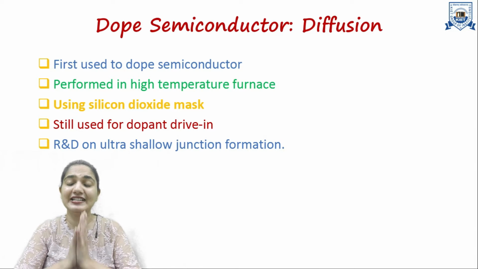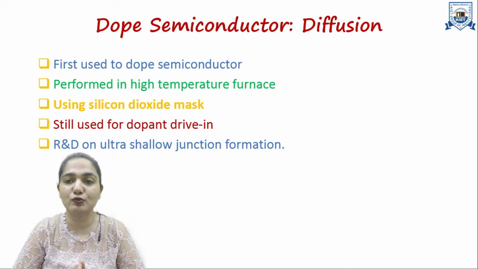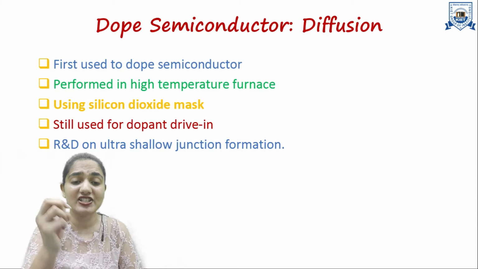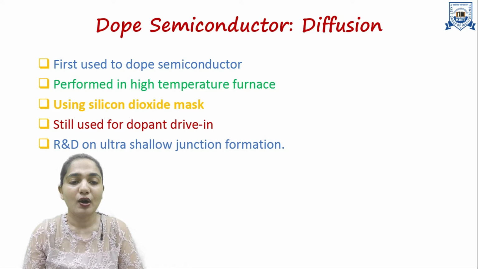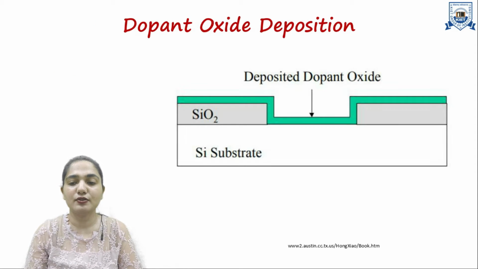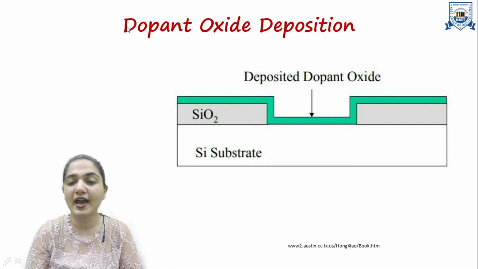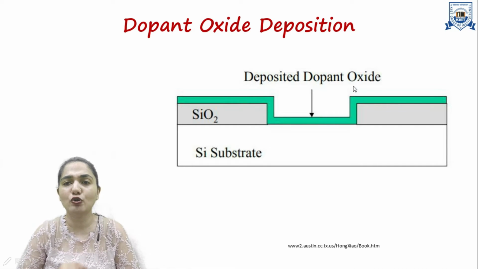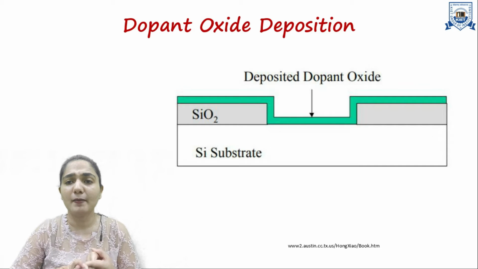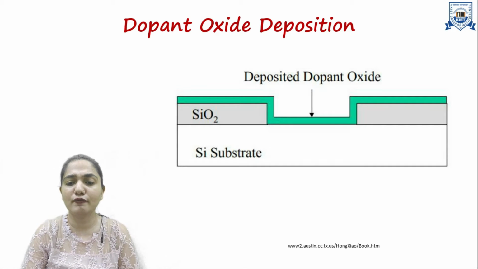So we have actually talked a lot about diffusion in the previous videos. I hope you all have seen them; I discussed all of the things related to this, so you can go to the previous videos. Here you can see how we can have the diffusion process. We have dopant oxide. I was talking about boron oxide and phosphorus oxide. We will be putting the dopant oxide on our wafer. So here on the wafer we will be having the dopant oxide.